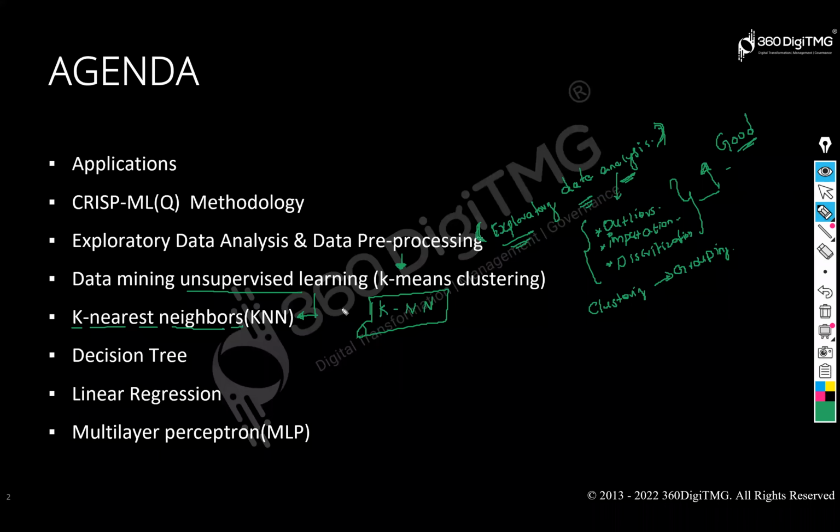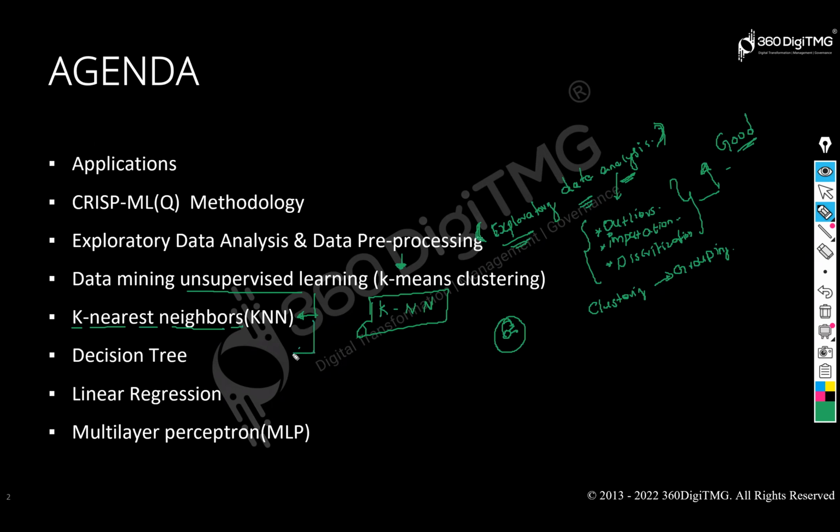Whichever neighbor is nearer, if consumable is nearer, then it will take the drug as consumable. If it is far and non-consumable is nearer, then it will take non-consumable. So it will take the nearest neighbor. This is my drug, and this is consumable, this is not consumable. The distance will be calculated, and whichever is the smallest distance, the drug will come into that. Like this, the K nearest neighbor algorithm will work. This is one model building.